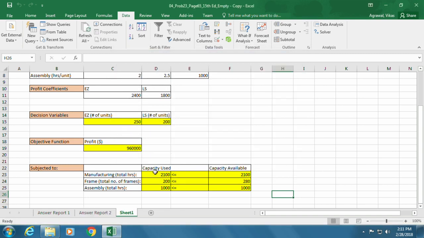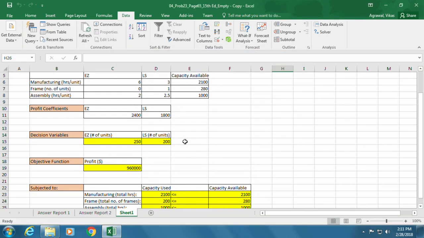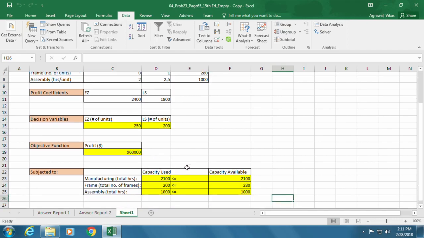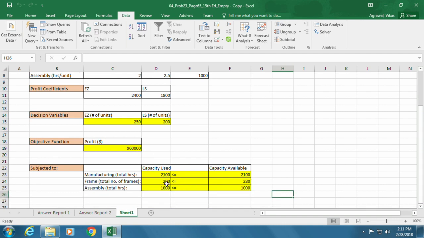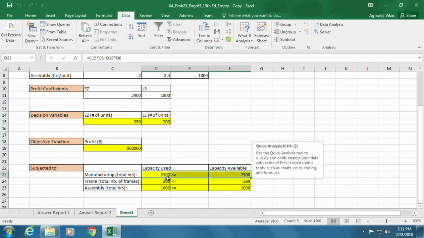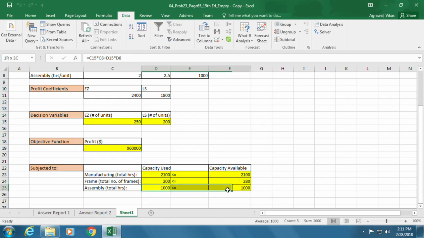So you see the values here. Before I go to the report, you see that you're producing 250 units of easy model and 200 units of LS model, and your maximum profit that you can earn is $960,000, and you're satisfying all these constraints. Two constraints are used up to the fullest, like manufacturing, you're using up all the available time, and so is the assembly, you're using up all of the available time. This simply means that these two constraints are binding constraints,